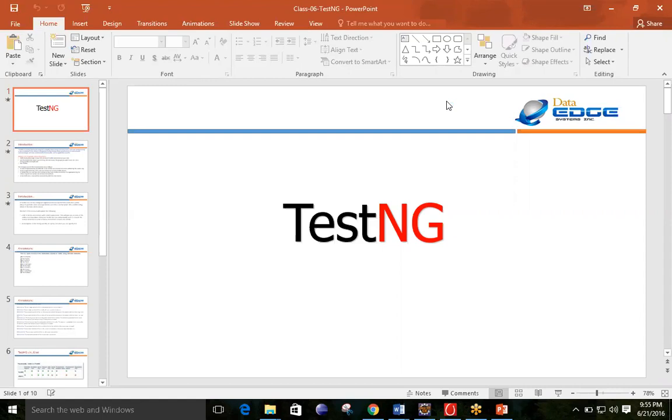So we will see the basics of each one, then we will continue both topics together. Wherever it is required, we will use TestNG, and wherever it is not required, we will simply work with the concept of Selenium WebDriver itself.